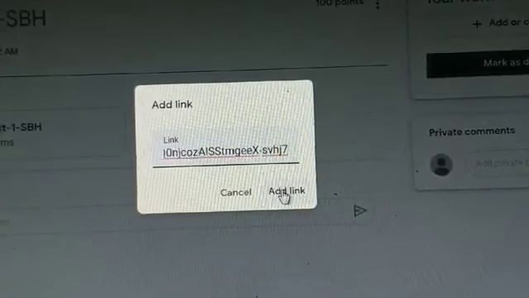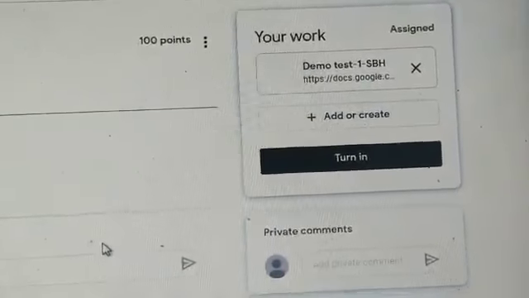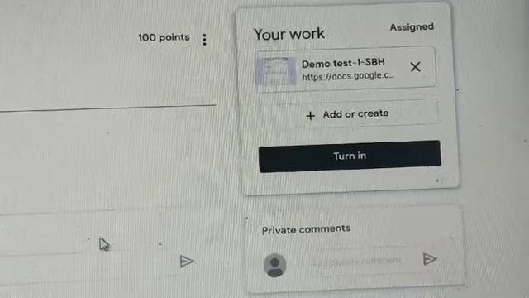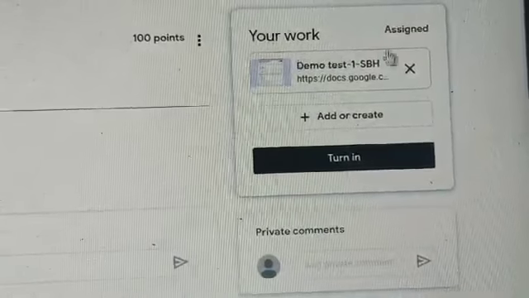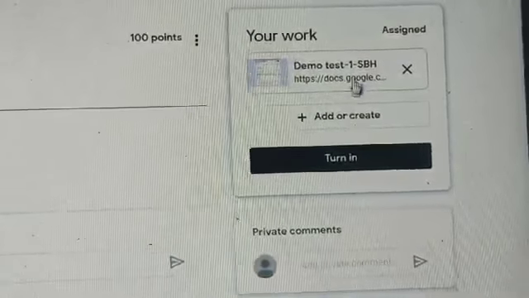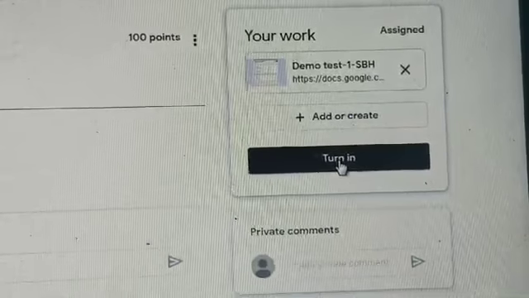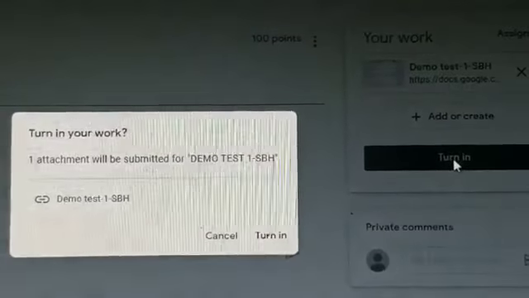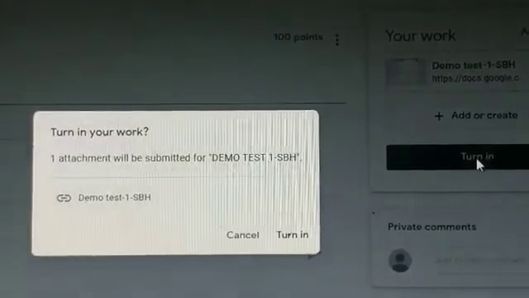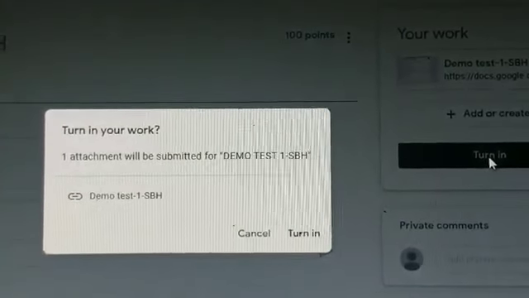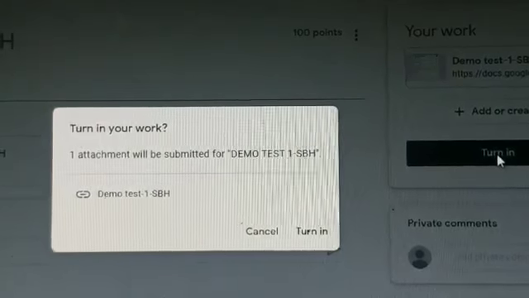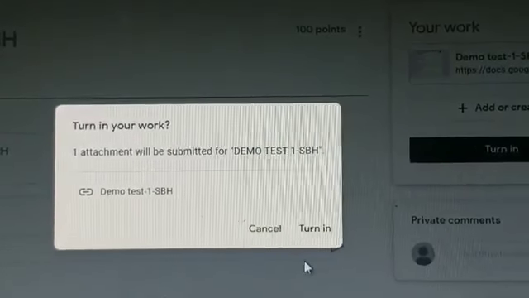Now just press add link. So your work is now assigned. Okay, now press the turn in button. Here the message comes: one attachment will be submitted for the classroom. Press the turn in button.